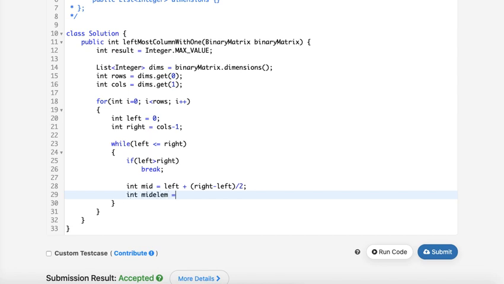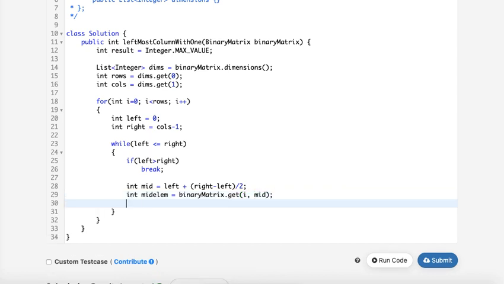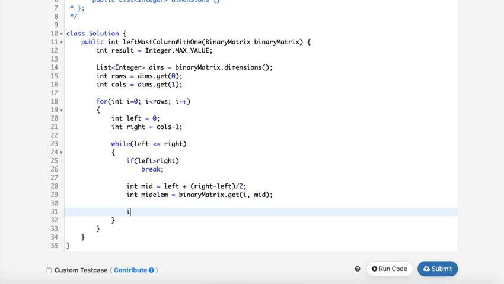And I'll get the mid element, which is binaryMatrix.get from the ith row and mid column. Now I'll check the condition where I got the exact 0 1 separation. So the mid element should be 1.